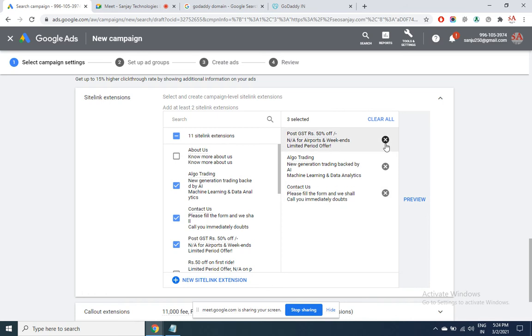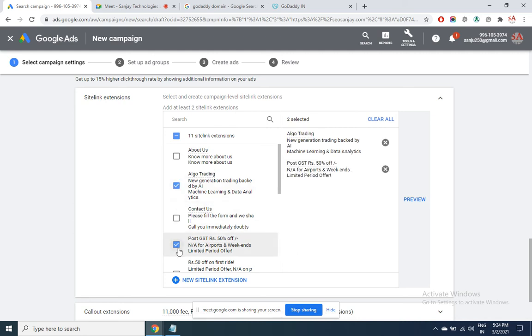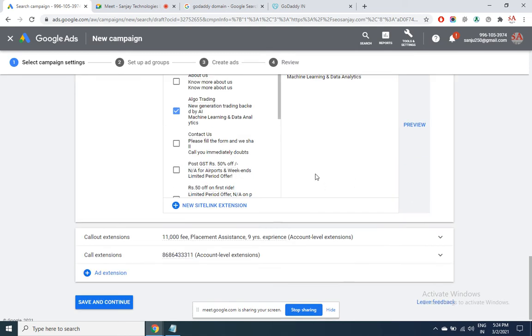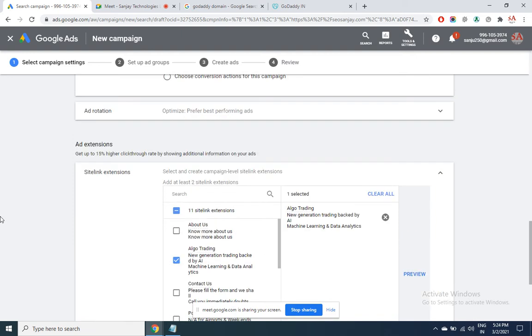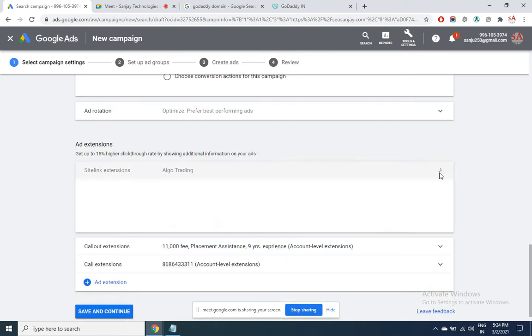Anything you don't want to use, leave. So one is this, like that 8 you can drag on the right side. Though you can create many here, only a maximum of 8 can be shown. So this is your site link extension.